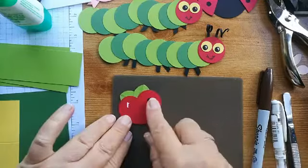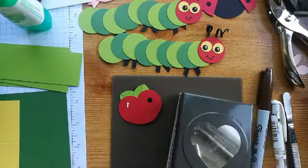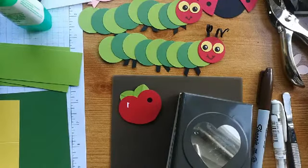So for the apple, this was very straightforward. I chose my heart punch. So this is because I haven't got...